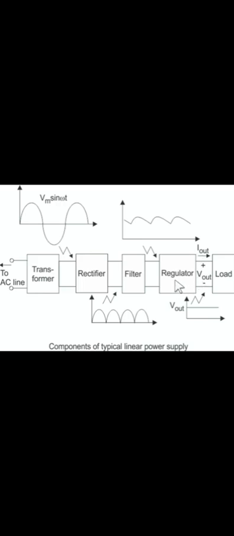Regulator is a device which is used to form a constant voltage at the output. If there is any change in the input, it won't cause any change at the output of the regulator, so that we are going with the regulator in this device. And the load, and this is the circuit diagram for the regulated power supply.